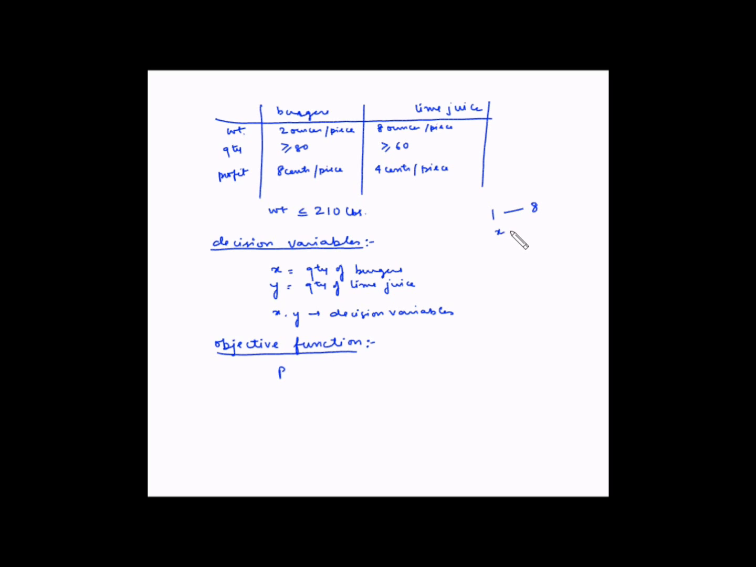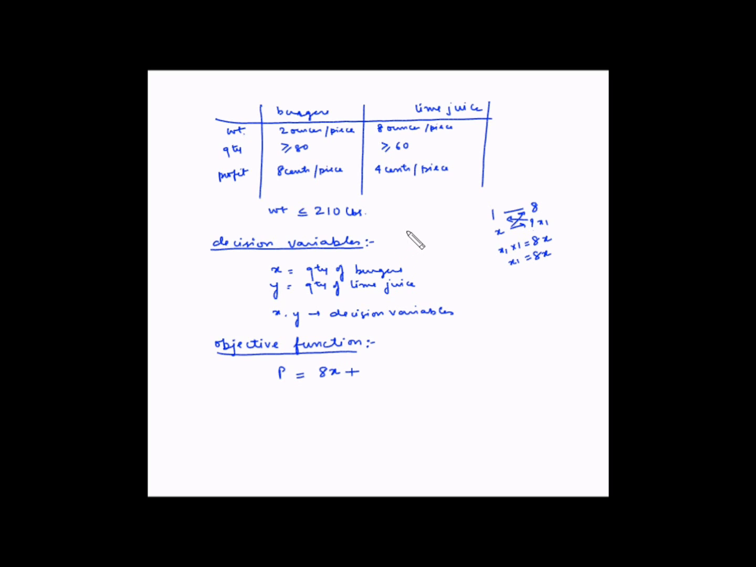So for X burgers the profit will be how much? Let's say this is X1. So if we cross multiply, X1 multiplied by 1 is equal to 8 multiplied by X. So X1 multiplied by 1 is X1, which is equal to 8X. So the profit for X number of burgers would be 8 times x. So P is equal to 8x plus,